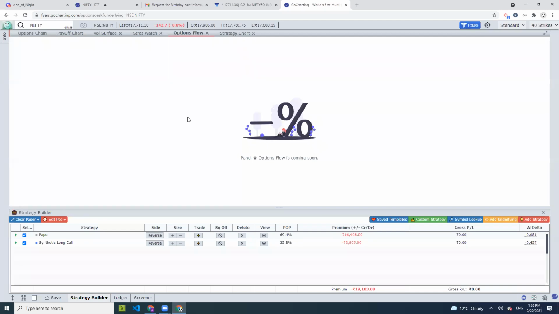This panel will automatically give you a signal, bearish or bullish, that will be very helpful for you to take into account before you enter a position. So it will take into account the cumulative OI of the strikes, of the call side, of the put sides. It will take care of many other parameters to finally decide whether or not the sentiment is bearish or bullish in the market today. So that's what the options flow will do.